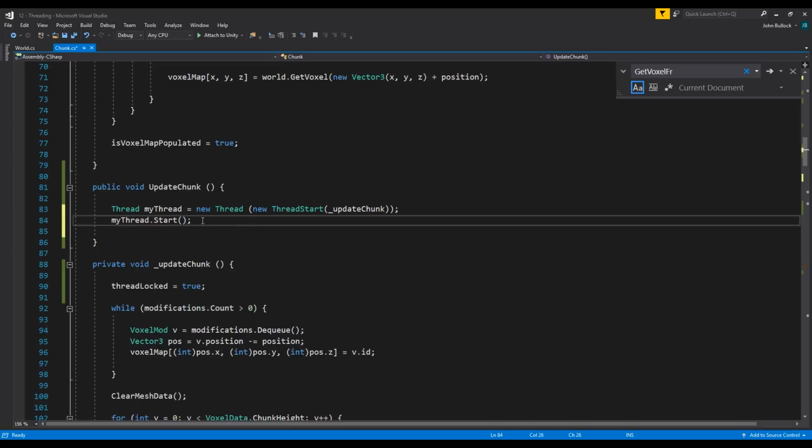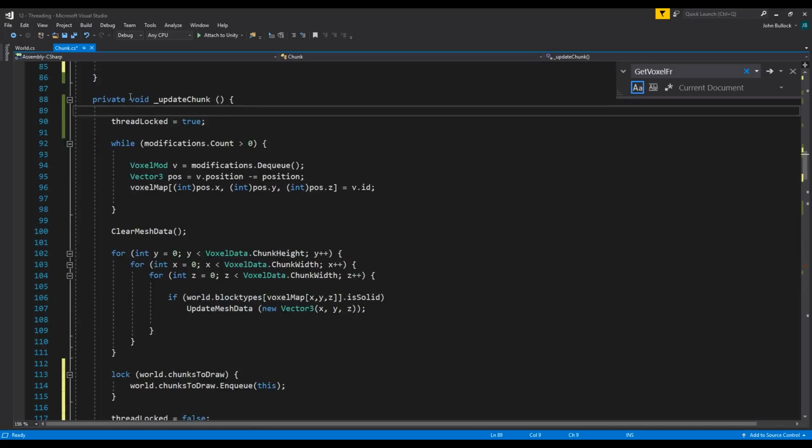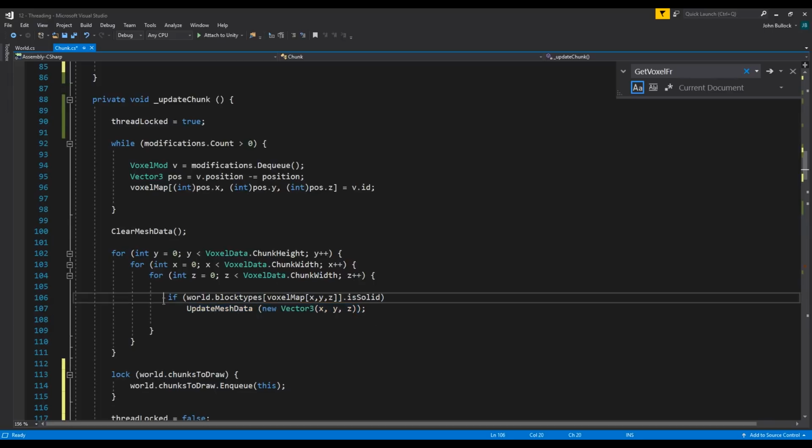So this will start the thread, which is this function here, and then from that point on, anything that is done as a result will be on the separate thread. So even though we're only starting this function on our separate thread, it's calling update mesh data, it's calling, I think that's the only thing on this one, it's calling get update mesh data. But the point is, any functions or anything that get called from here will be done on the separate thread,